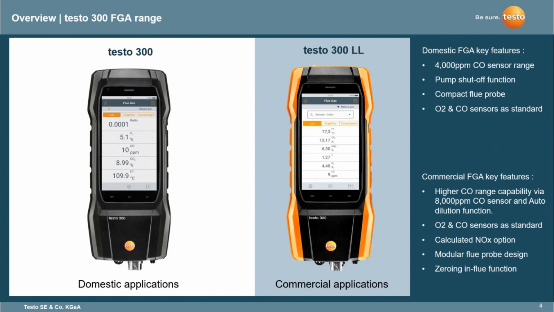So Testo 300, what's it all about? It covers two key products. We have the Testo 300, which is our product for domestic boiler applications, and we have the Testo 300 LL for commercial. So why have we got the two? What's really the difference? Within the Testo range, our domestic FGAs tend to typically have a 4,000 ppm CO